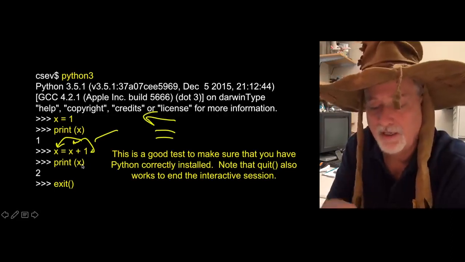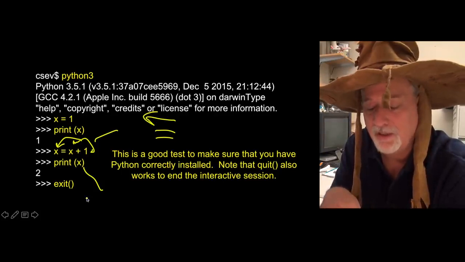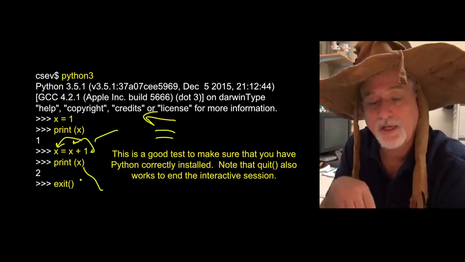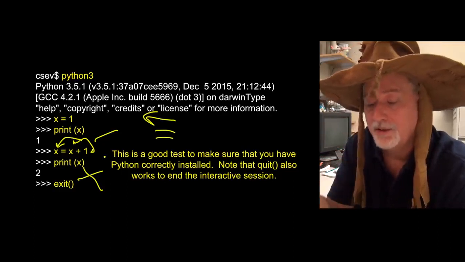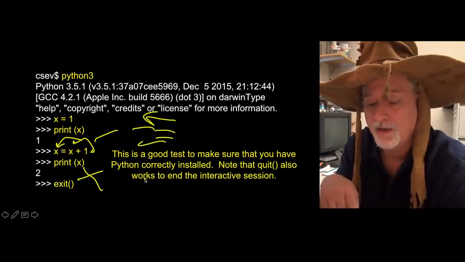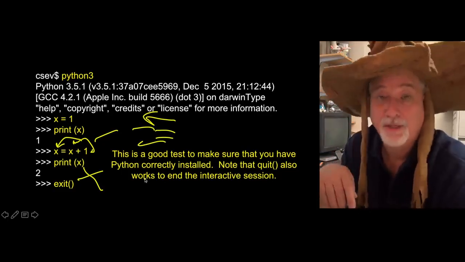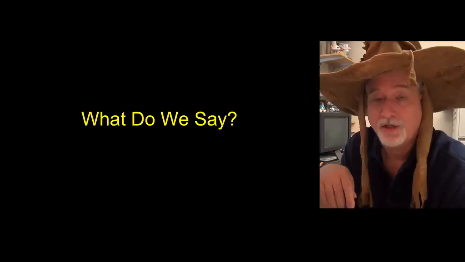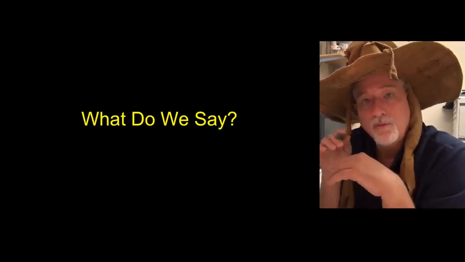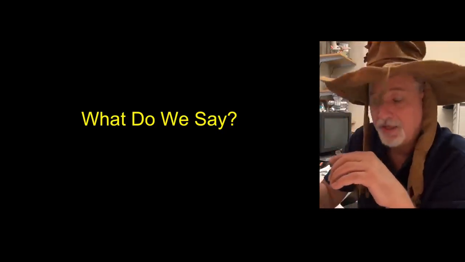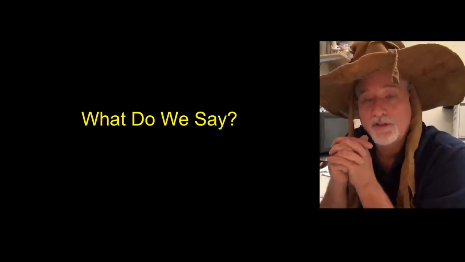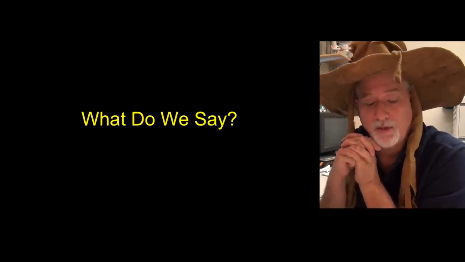And then we say, hey, go look up that x thing that we just did and print that out, and then we're going to say quit. So that's us talking to Python. Now, you can type just about any crazy stuff you want in here, and Python will be unhappy and talk to you. So what we're going to do next is we're going to start talking about the actual language of Python and what it is that we have to say to make Python happy when we're talking to it.